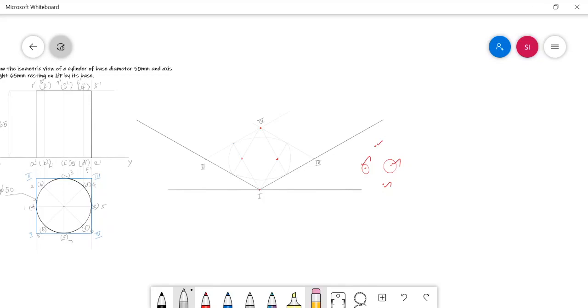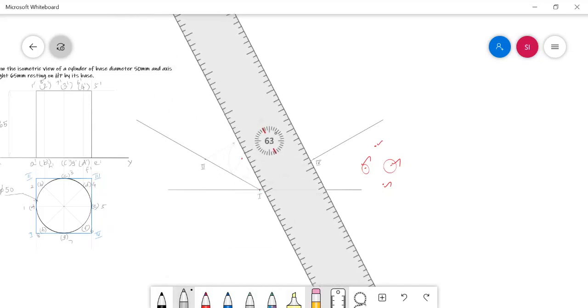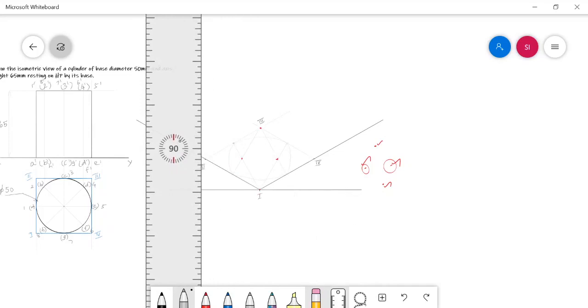I have drawn the 1 2 3 4 box at the base. In the same way, I need to draw one more square surface very similar to 1 2 3 4 at a height of 65 mm from the base. For that, I simply elevate the points up to the required height.